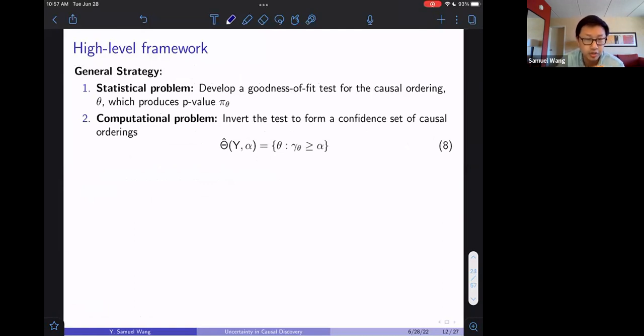Okay, so we started off with a pretty simple procedure, but hopefully that quick overview and some of those applications or use cases convince you that this object that I've just mentioned is interesting and useful. But that leaves us with the question of how I practically compute this object. There are 2 parts that we need for this simple framework. The first, the goodness of fit test, is largely a statistical problem. And the second part, inverting this test, is largely a computational problem. The solutions to both of these parts are tightly interwoven in some sense, but somewhat distinct.